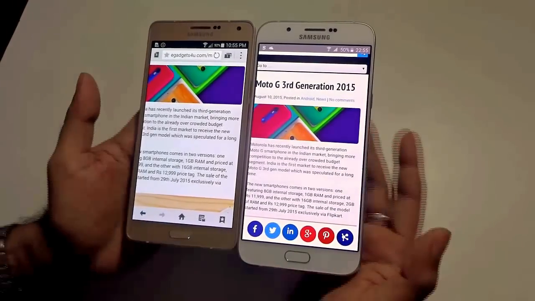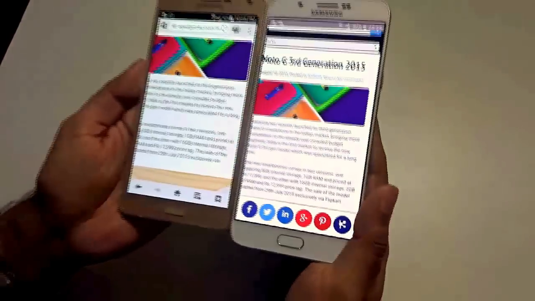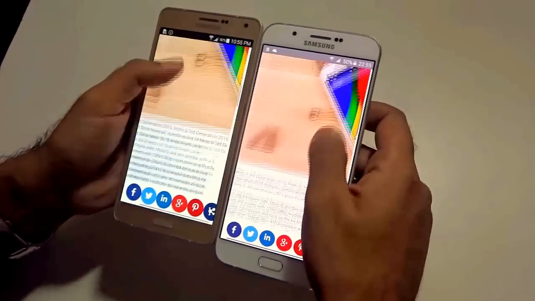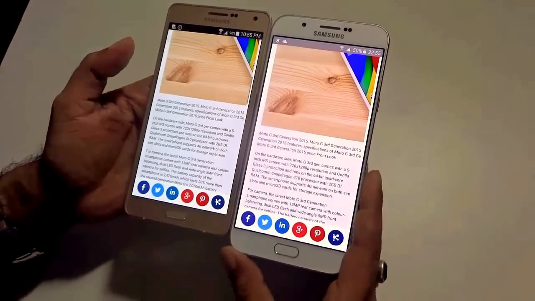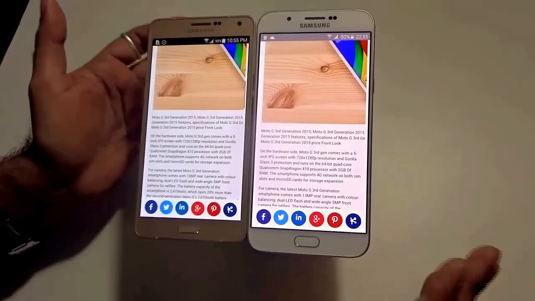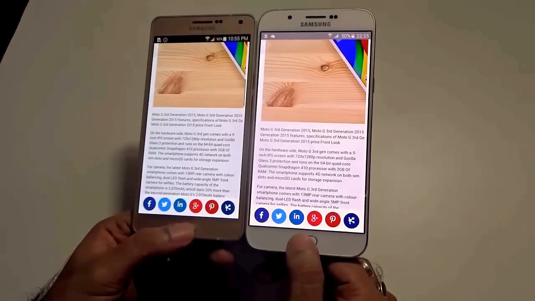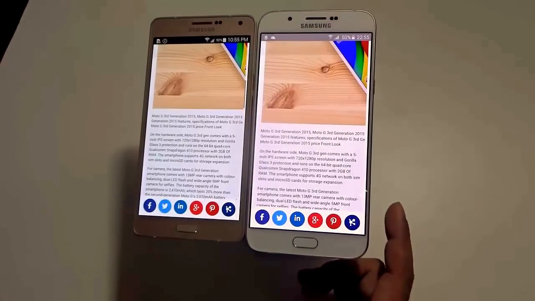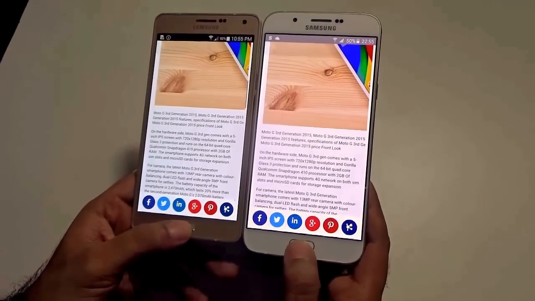Now the viewing angles, the reading angles are great in both the handsets. There is no complaint whatsoever. You can easily navigate, read the stuff, check the news, check the pictures, use pinch to zoom, share the news. So from a reading perspective and working perspective, both the handsets are a great deal. Nothing more and no difference whatsoever I can feel in this particular handset. But A8 having a bigger screen, maybe in a way it may fascinate the users to use a bigger screen than that of A7.